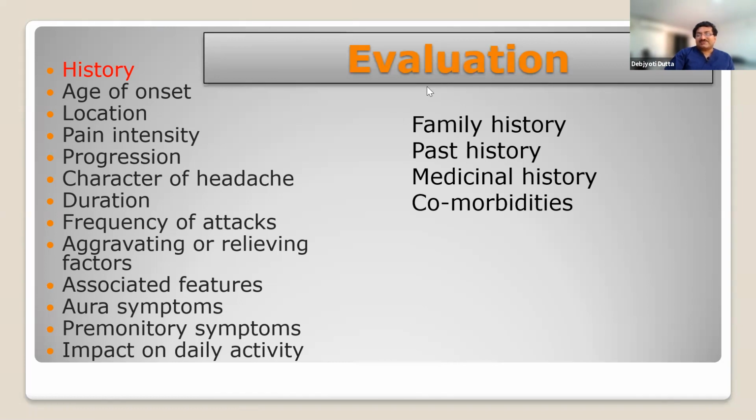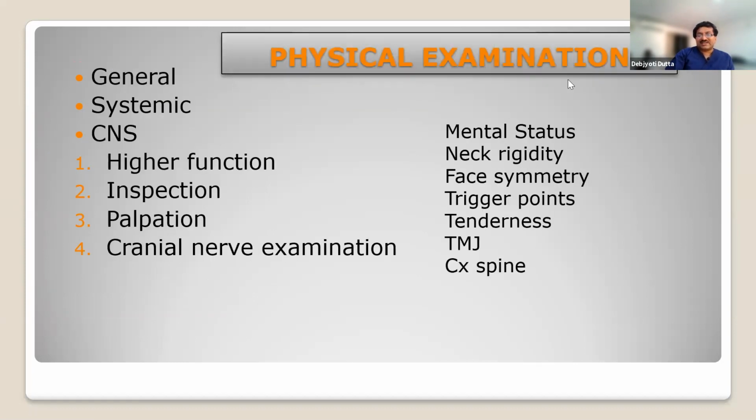Next, in migraine, sometimes we get the family history. We need to get the past history, like cluster headache, that might be clusters in the past. In mid-time, there might be a symptom-free period. So past history is also very important. Past history of head injury or any other disorders is also very important. Whether the patient is taking any specific medicine for that or not should be taken into consideration, and we should consider the comorbidity as well. So it is a big thing that needs to be diagnosed. For a headache diagnosis, you should give at least 30 minutes to the patient for all these questions, and then you need to make your diagnosis.